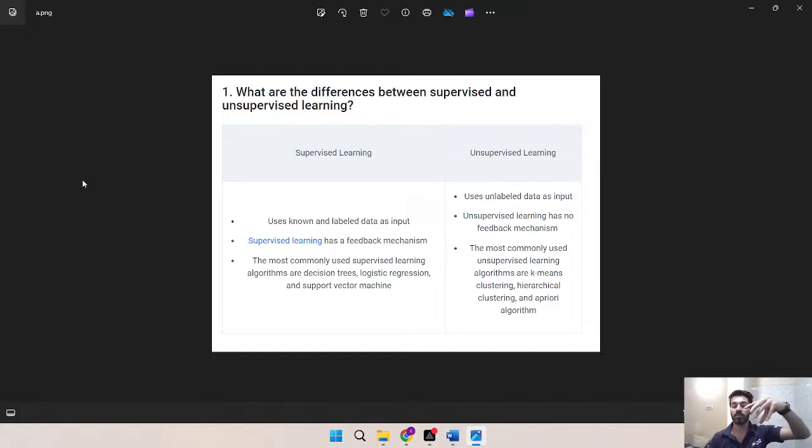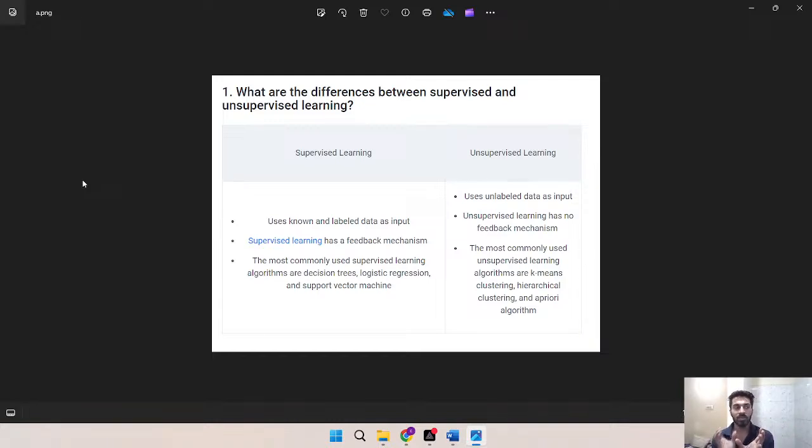In a supervised machine learning algorithm you have labeled data, like corresponding x and y. X and y are the independent and dependent variables. Suppose this is an example: if you study for some hours, then depending on your hours of study you will get marks. If you study more hours you will get good marks. This is an example of supervised learning. You have a data set with independent and dependent variables, so that is what labeled data means.